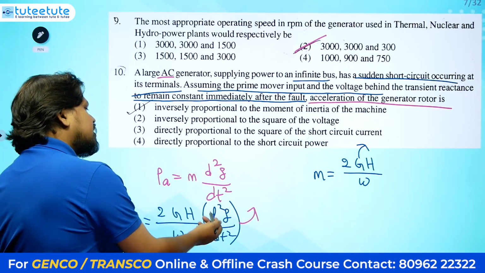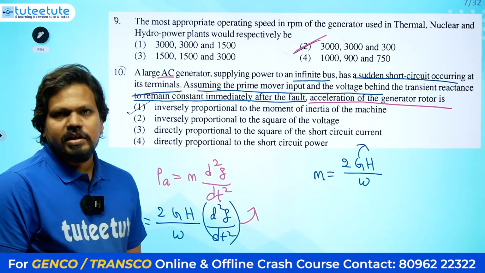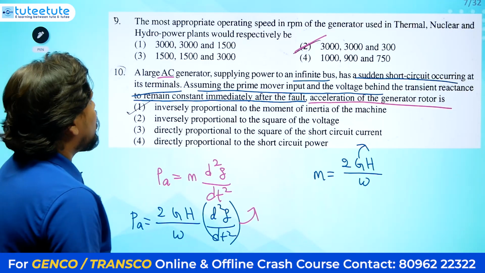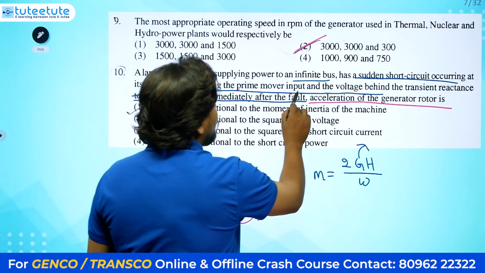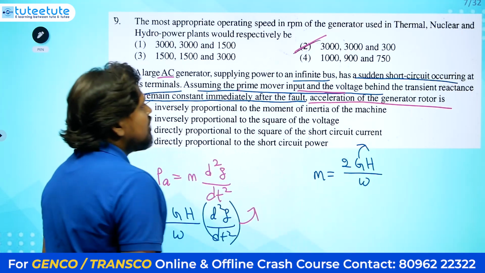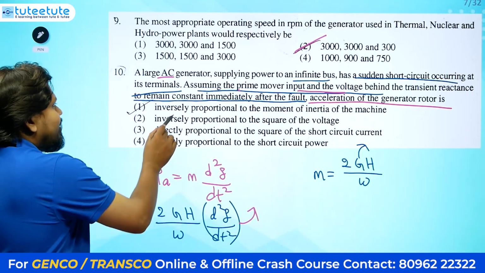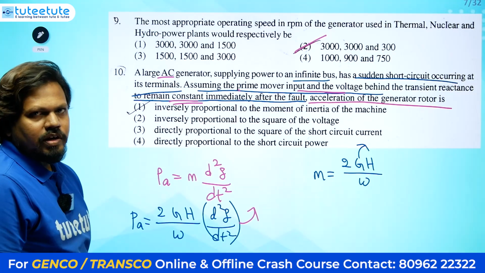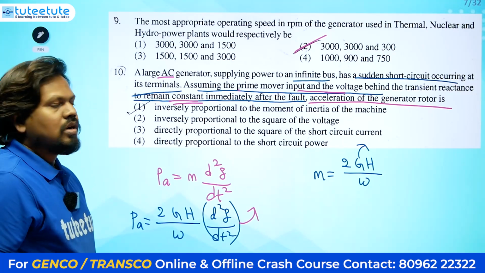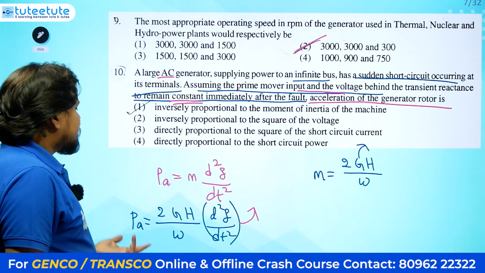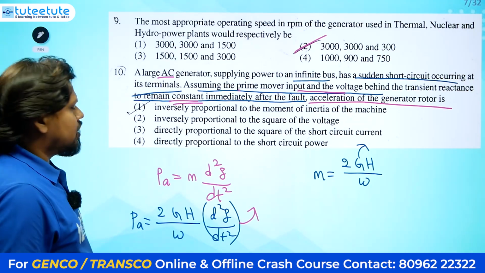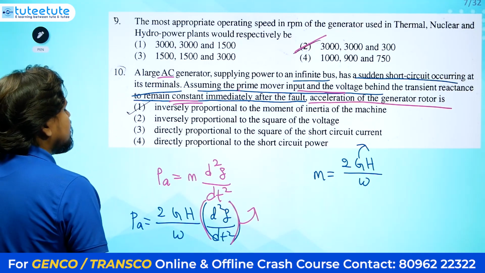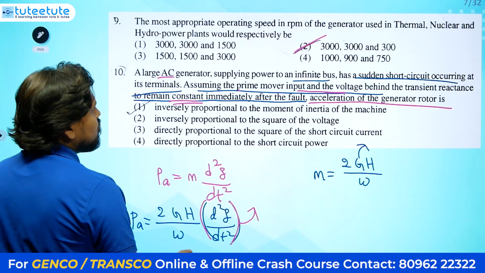So otherwise after that d square we will be getting as the acceleration. We know this one already. So this is the accelerating power, and they have mentioned assuming the prime mover input and voltage behind the transient reactance to remain constant immediately after the fault. That means that is not affecting; if reactance is not changing or it is a constant only, accelerating power also does not affect. So what you need to consider is how this d square delta by dt square is related to